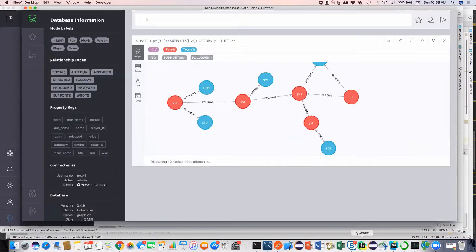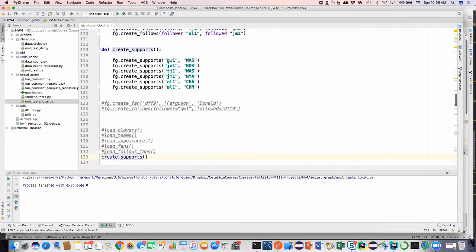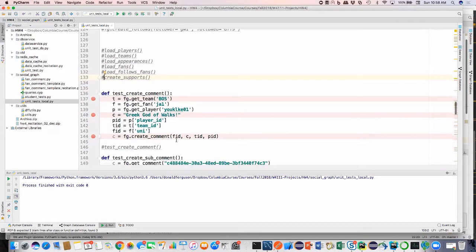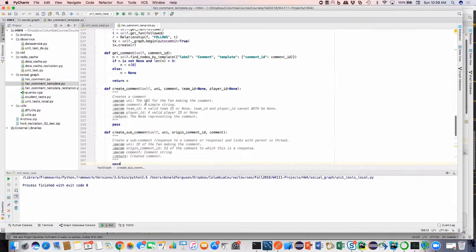And so now, that's all just part of the setup. And now it's time to actually go and start creating things. So the first function I asked you to implement was create comment. And I give you a fan ID, the comment string, and then a team and a player. So when I go into the template to implement it, and I'm going to go create a comment,